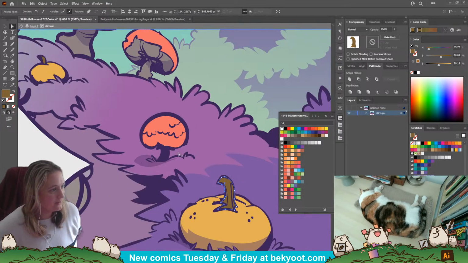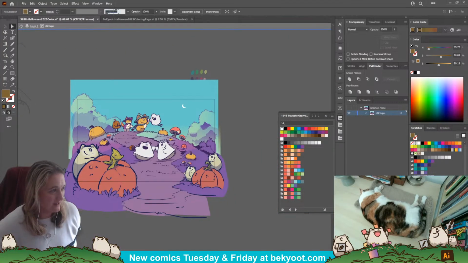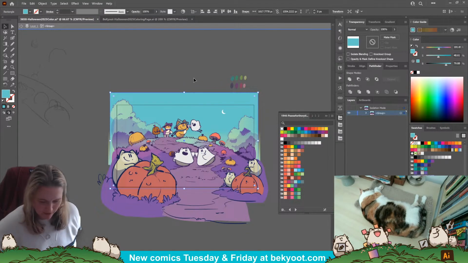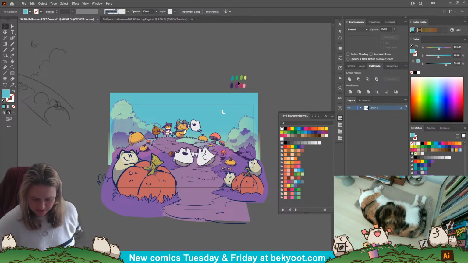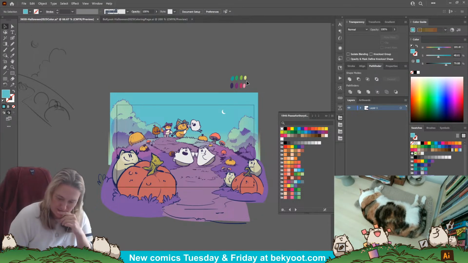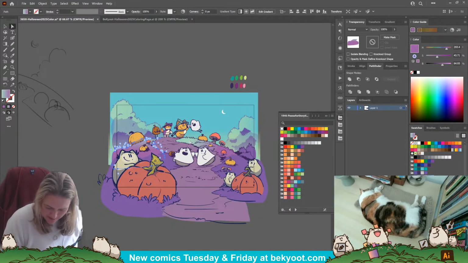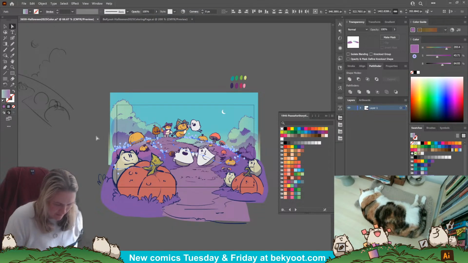Alright, there we go. I'm just trying to figure out colors on this because I have a dilemma. Because this is the palette that I wanted to go with originally. And I feel like I am sort of close, but not really close at all. And I feel like maybe this gradient up here may have been not the best choice, but